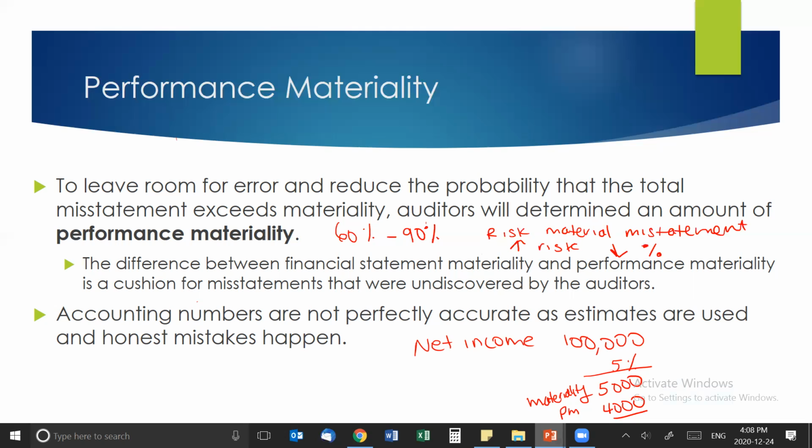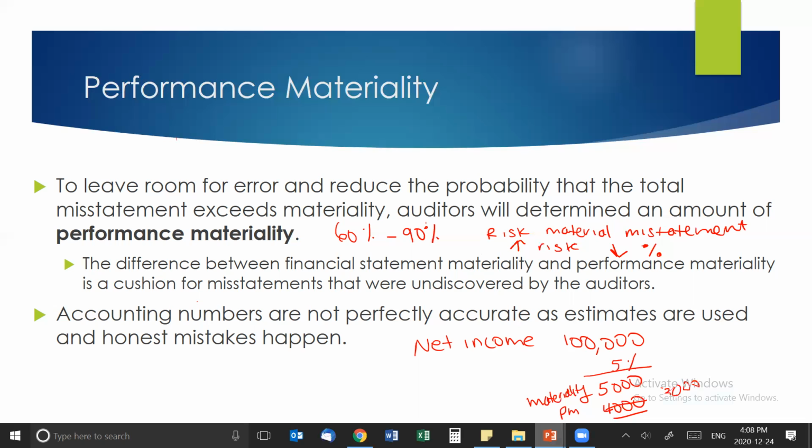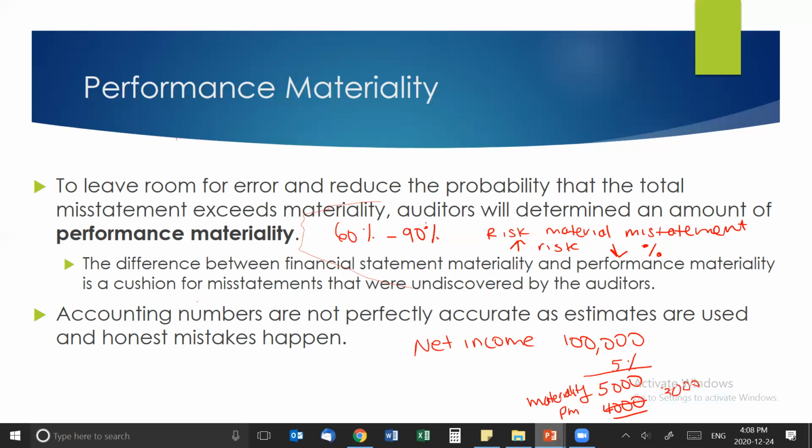If there's lots of risk that the financial statements are materially misstated, then maybe you want to make this number 3,000 instead. So you're looking at everything over 3,000 instead of looking for anything over 5,000, just to give you a buffer. My controls are going all haywire. Okay, so performance materiality gives you a kind of cushion. You're going to audit everything over 3,000 instead of 5,000, just in case something is missed, or if you find a lot of errors,